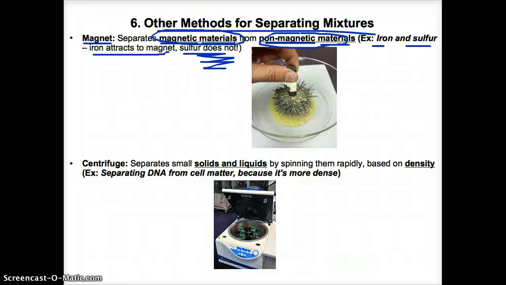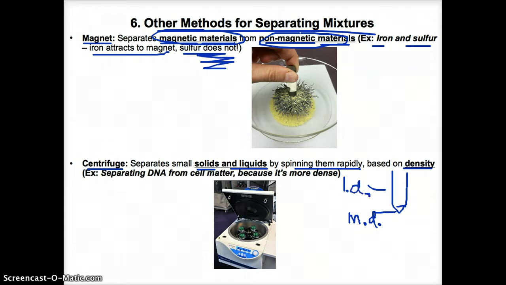The last type of mixture that you can separate, the last method you can use to separate mixtures is centrifuge, which separates small solids and liquids by spinning them rapidly based on density. Specifically, more dense materials, you should write this down in your notes somewhere, would settle to the bottom. So just write, I'm going to write MD so you know that stands for more dense. You should write the full word there. More dense settles to the bottom, while the less dense, which I'm going to abbreviate LD, would probably be closer